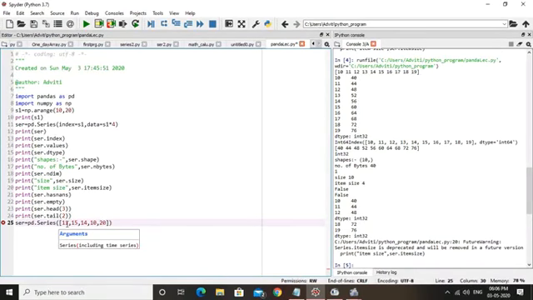Also define the index for the series. Now these are 5 elements, so I can give index equals to range, let's say range 1, 6, and then close.